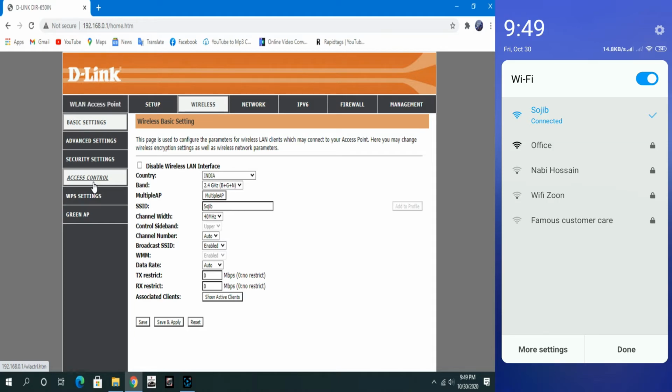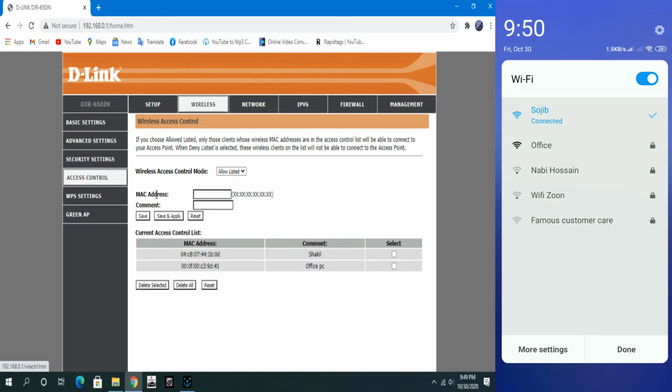Now you will see that if you want to block a user, select the checkbox along with his name. Click on delete selected item.